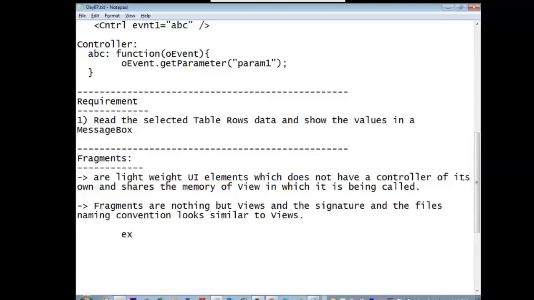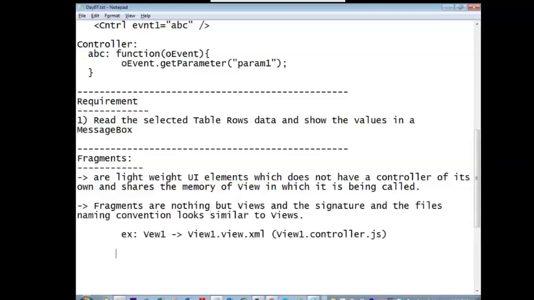For example, if you create a view called view 1, view1.view.xml will be created, an XML view, and a corresponding controller, view1.controller.js.